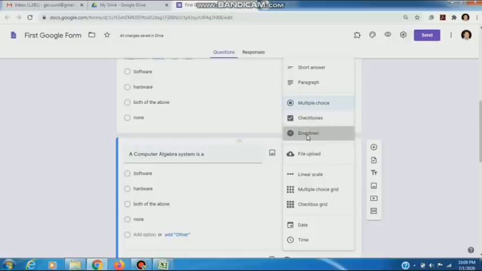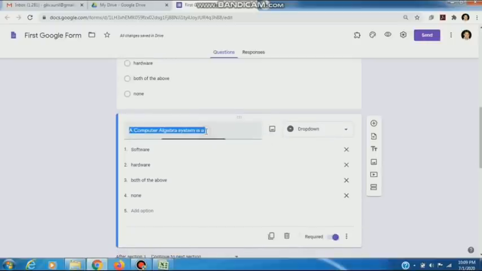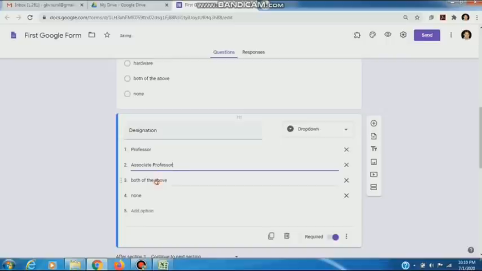Now we check what is drop down. In drop down, suppose I type here a question, designation. First is professor, associate professor, assistant professor, other.